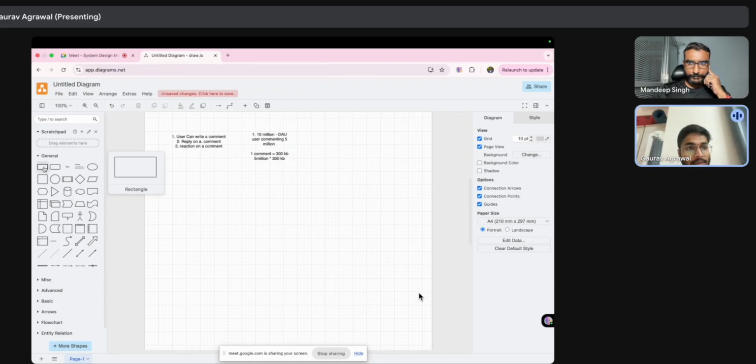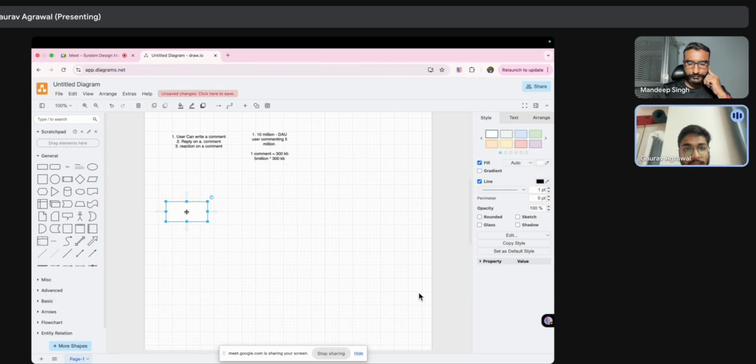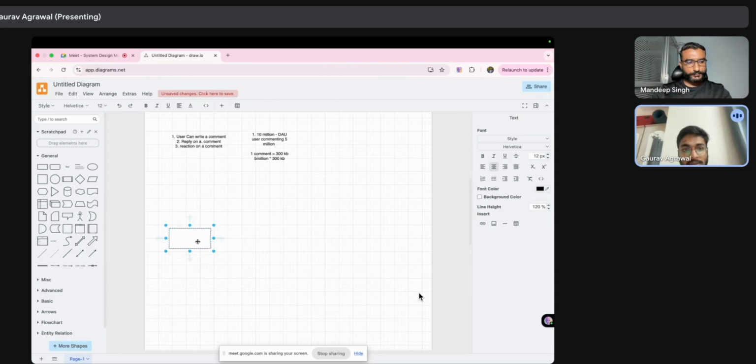Now I'll start with the first part. We can expose an API for adding a comment. We will have multiple APIs to handle these three functionalities, but for now I'm taking just one, adding a comment.